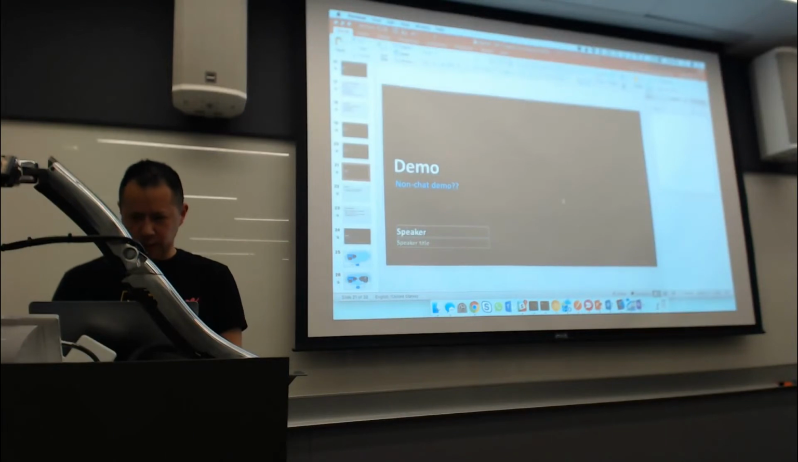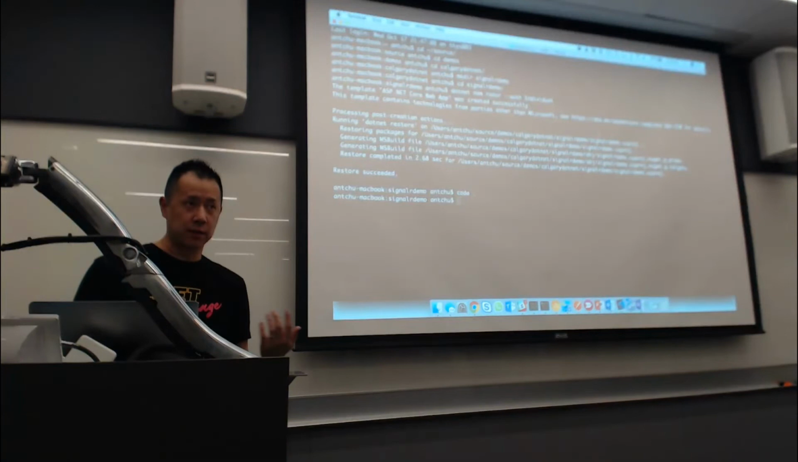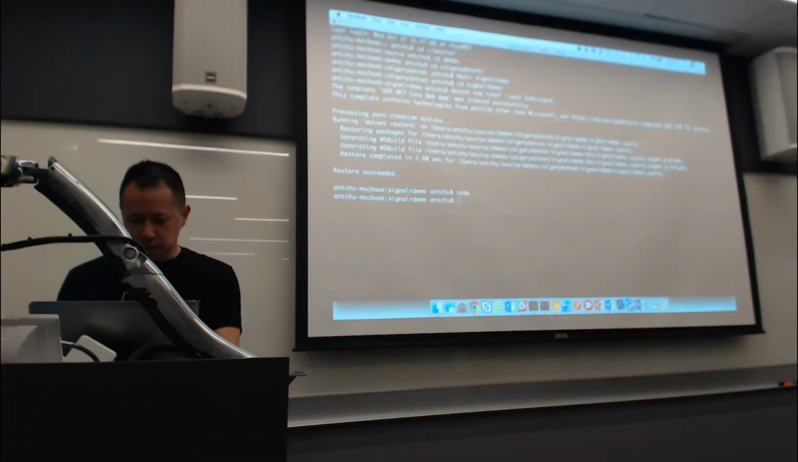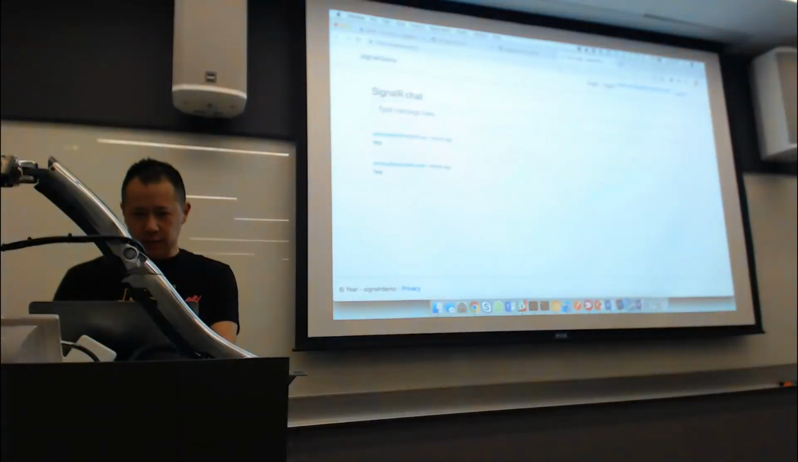A couple of nights ago, I was playing with this app that I have that uses SignalR, and I've deployed it to Azure Kubernetes Service, AKS. I need to get services. So I'm just going to talk to my AKS cluster to find the services that I have. All I really want is my external IP. So if I go to this IP,